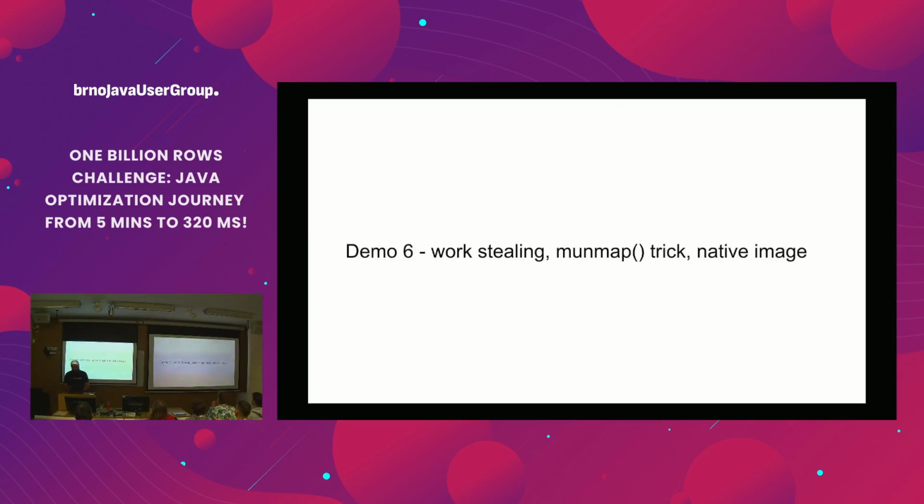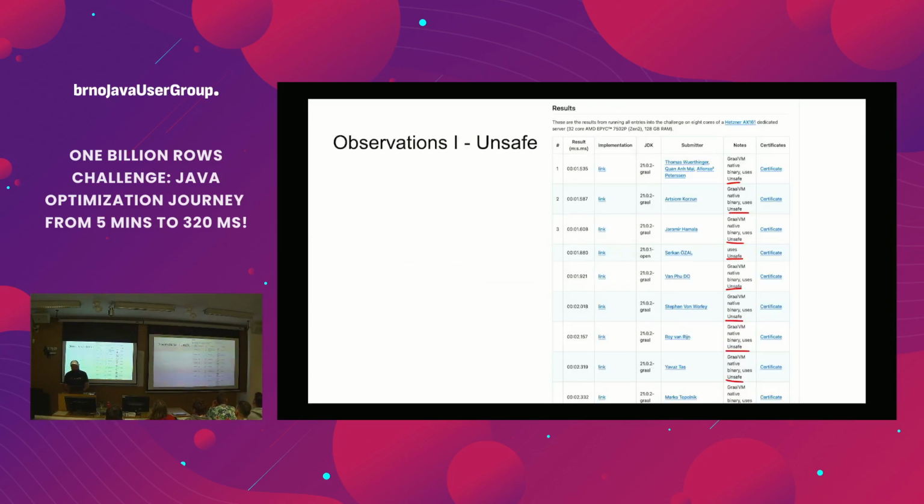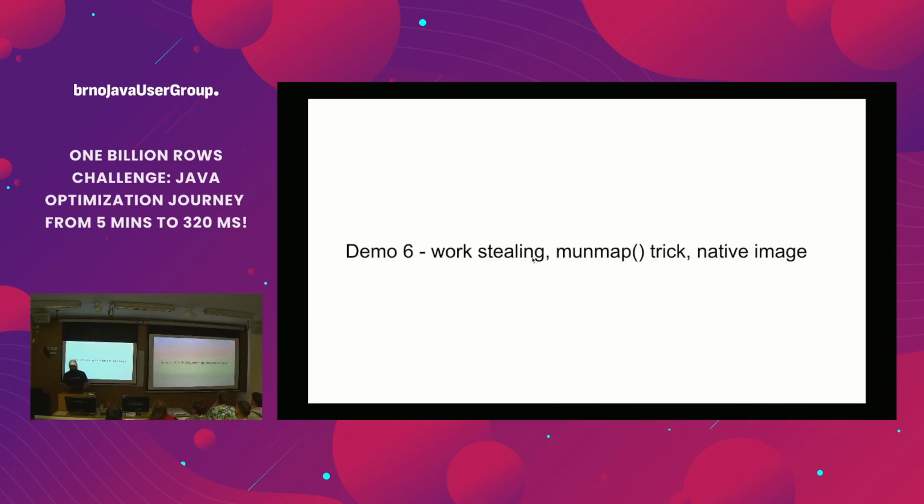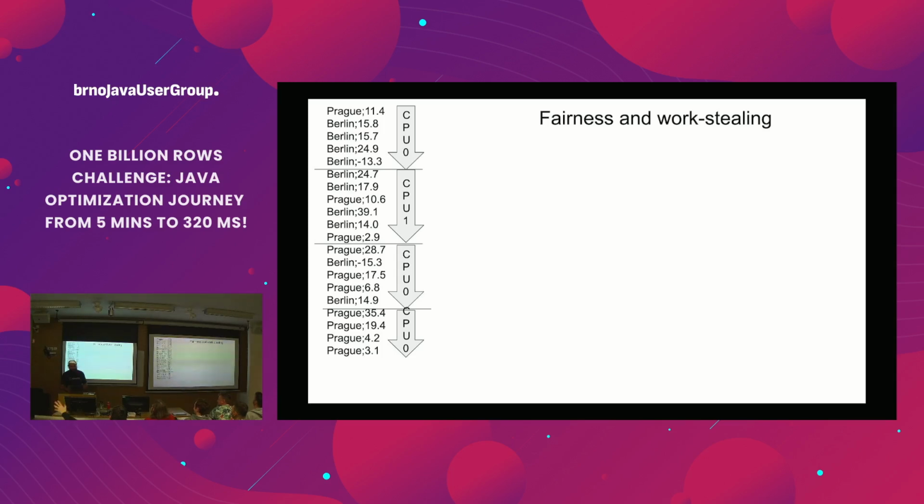We can skip this. Don't skip, go back. Okay, let's have an election. Who is okay to spend more than I originally promised, which was 10 minutes on this? Raise your hands. Don't be ashamed. If you want to have a beer now, it's all right. Okay, so I'm not skipping.